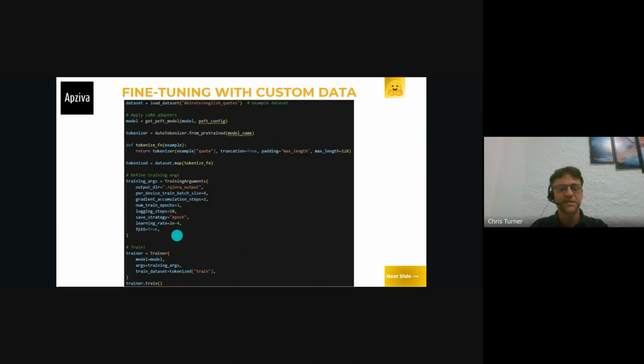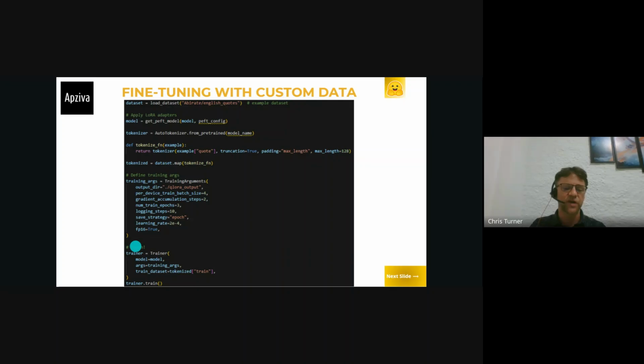And then FP16, this has to do with the fact that there are mixed floating point numbers here. We have LoRA adapters that are floating point 16, and then we have the weights of the model that are held in 4-bit normal float. When it needs to do calculations between those two, this is just helping the trainer know that you're going to have to deal with these mixed calculations.